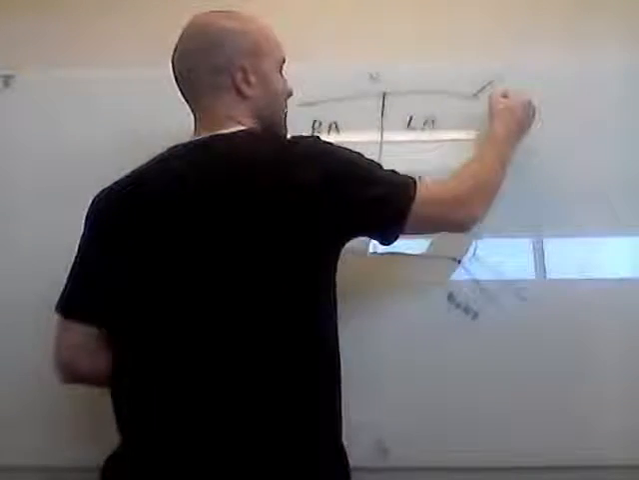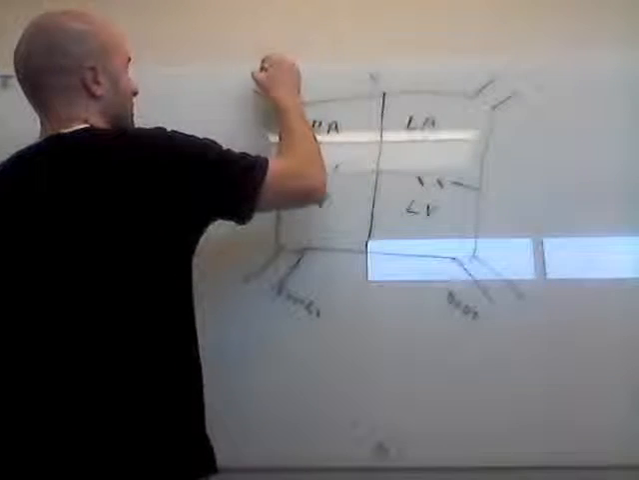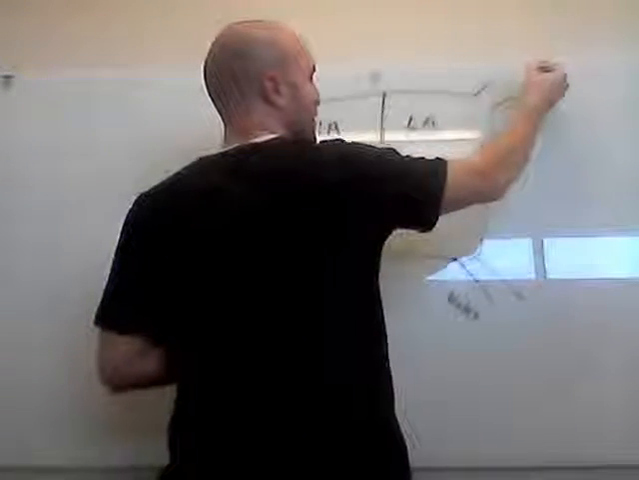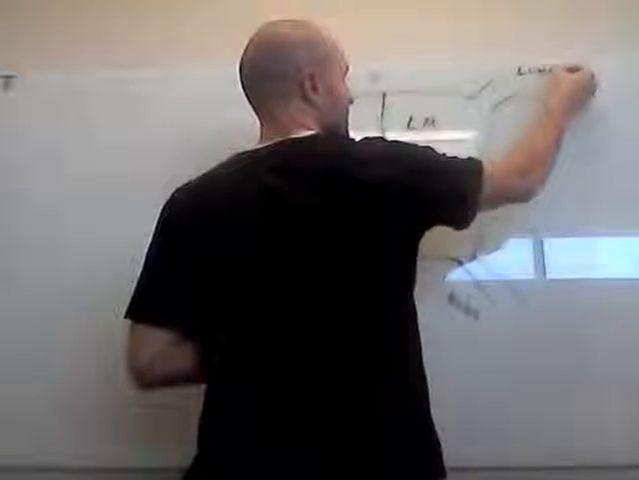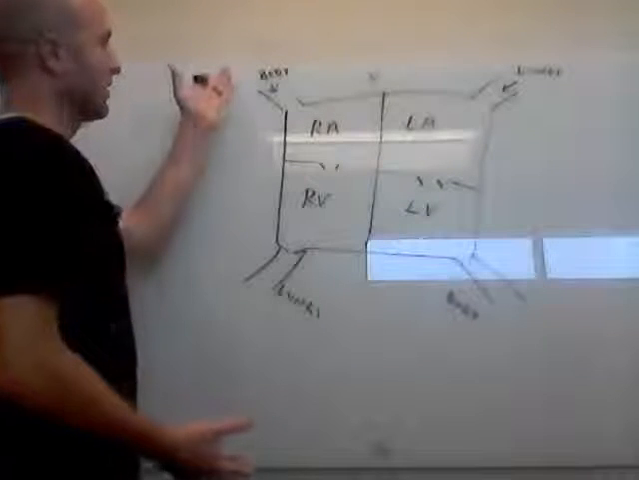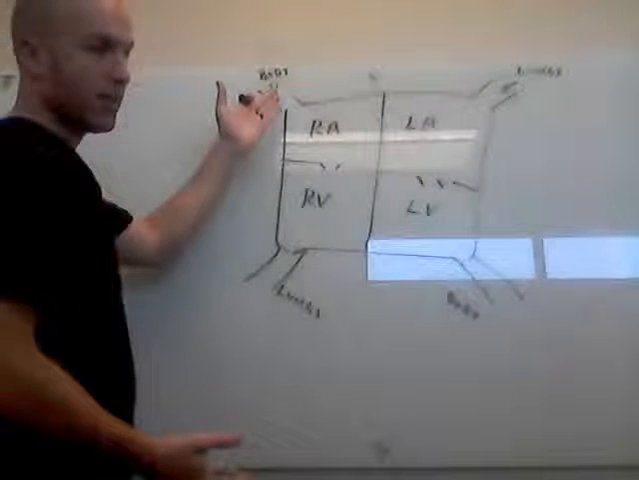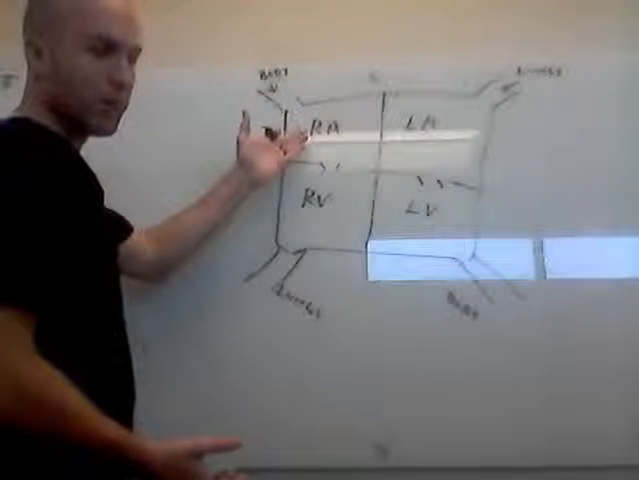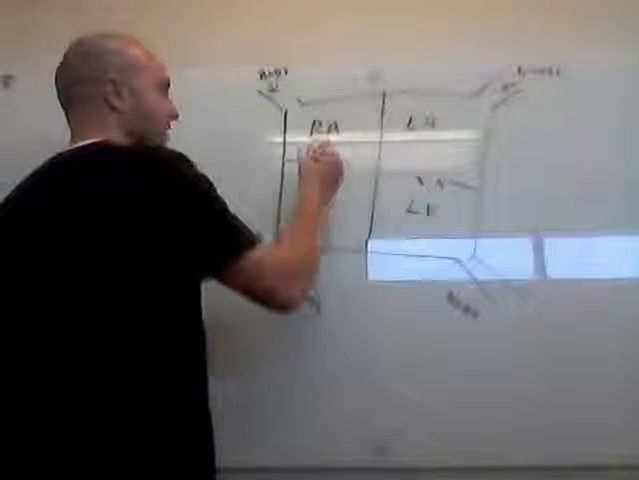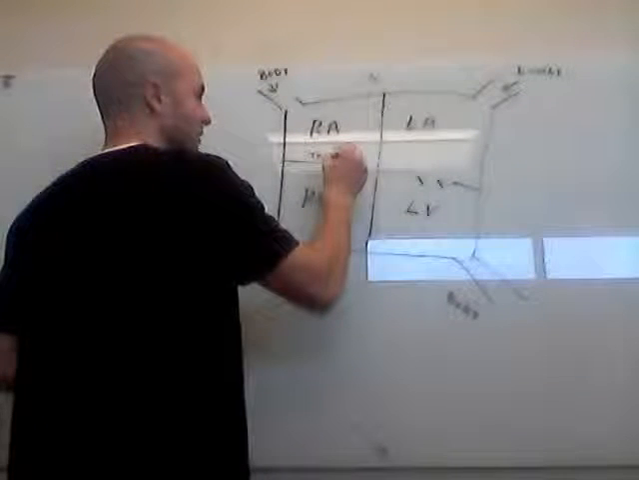Blood comes in through the top here into the right atrium from the body. Blood comes in here from the lungs. Okay, so if you follow the basic diagram here, blood comes in, deoxygenated from the body through the superior vena cava, inferior vena cava, into the right atrium. Then it is pumped from the right atrium through this tricuspid valve,